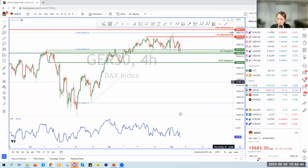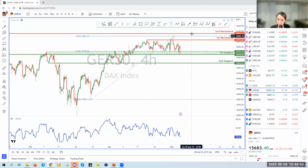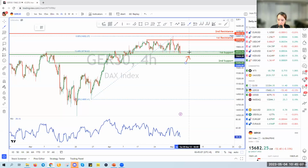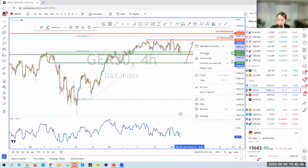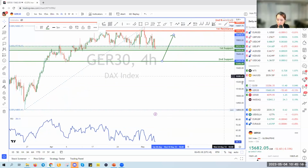Let's see DAC. Okay, DAC has already tested my first support, which is this level. It's an area that has 23.6% as well. Let's say if price breaks below first support, this is going to be my second support. Just watch out. If they break first support, I'm going to buy at this level. I'm going to buy here, but let's just watch out because as you can see, first support,